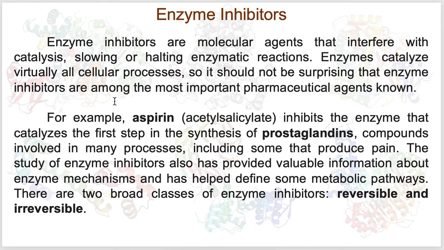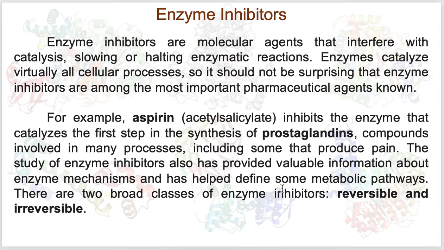So as aspirin can stop the synthesis of prostaglandin, it can be used as a painkiller. And not only as drugs, enzyme inhibitors are also important to study the mechanisms of enzymes, and also to